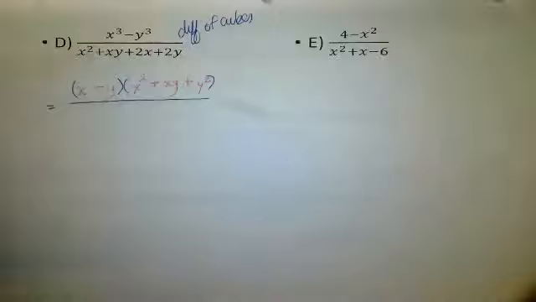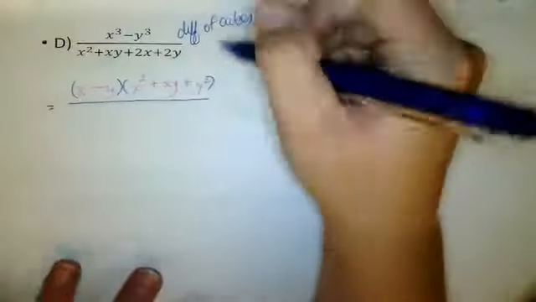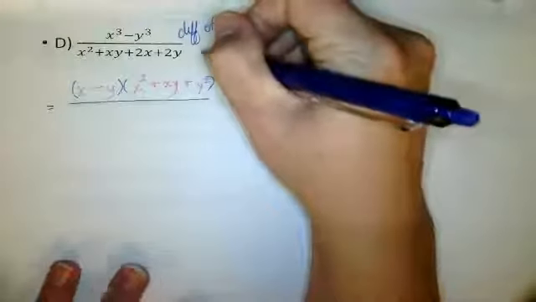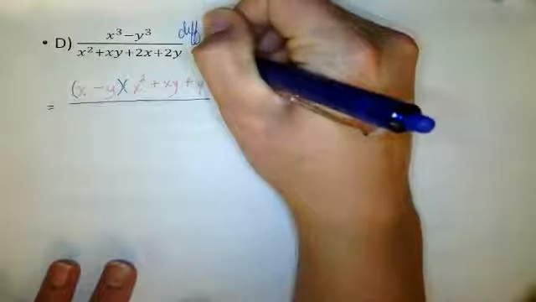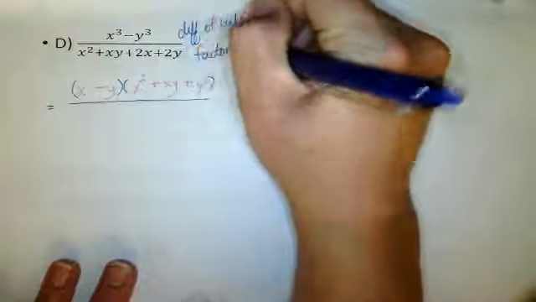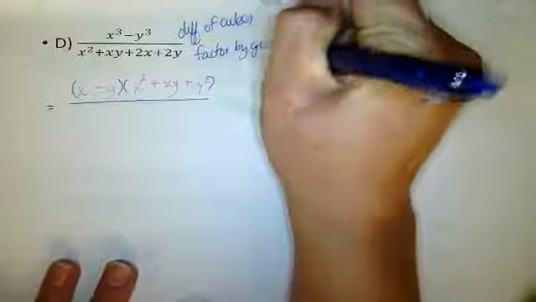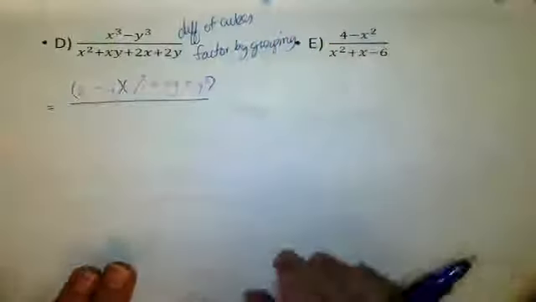Now, what do you notice about the denominator? Split, yeah, divide and conquer. So, greatest common factor, this is a factor by grouping, is what it's called. Factor by grouping works for any even number